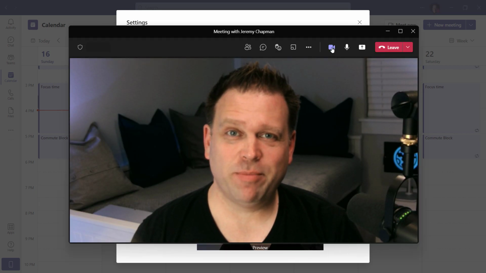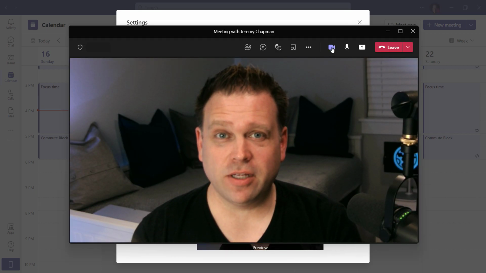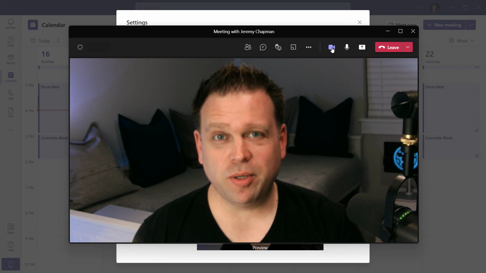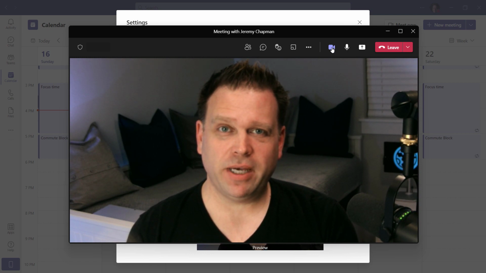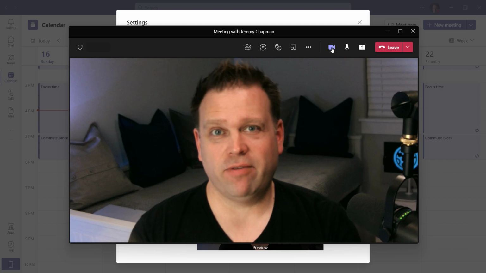Okay, so now back in my camera settings, I can see now that the changes have been made. My picture's a bit brightened up. I'm zoomed in a little bit, you can see here. So now I have it exactly how I want it. So that was just a really quick tip on how you can adjust your camera settings, your brightness, your contrast, and others, all from within the Teams app using settings that are available now, brand new in Microsoft Teams.